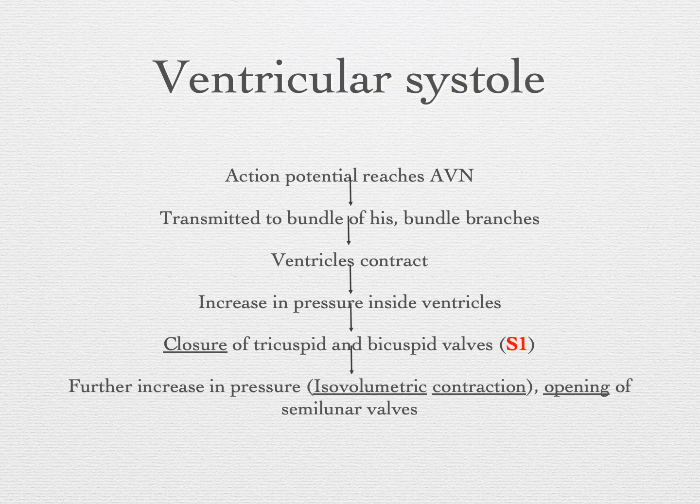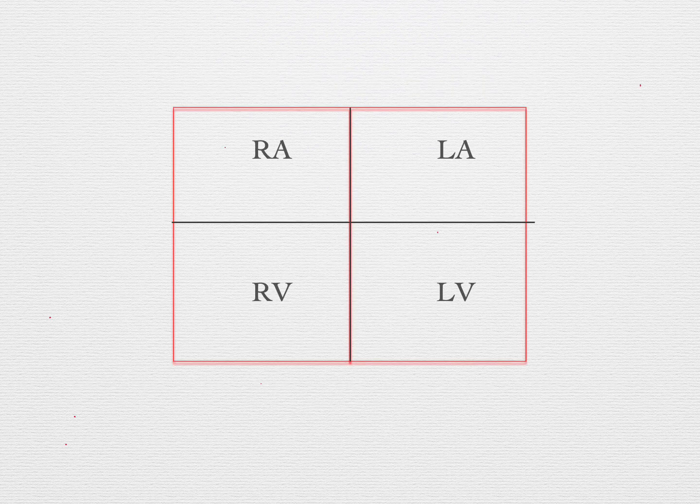Okay, so the second step is the ventricular systole. This step is especially important as it integrates a portion of physics, which is something that the examiners tend to test a lot. So once the action potential reaches the atrioventricular node, it is then transmitted to the bundle of His, the bundle branches, and the Purkinje fibers, leading to the contraction of the ventricles. Now just to picturize this one, the ventricular systole is associated with some interesting events which occur due to pressure changes inside the ventricle. First, it is important to define what pressure is.